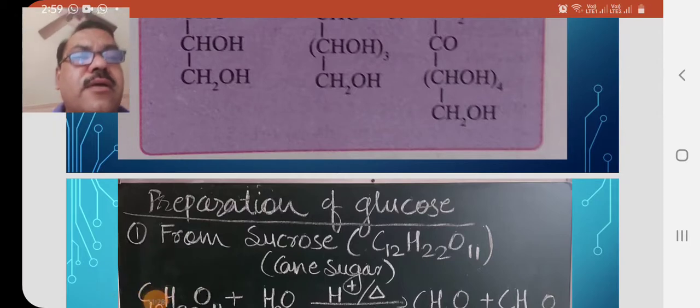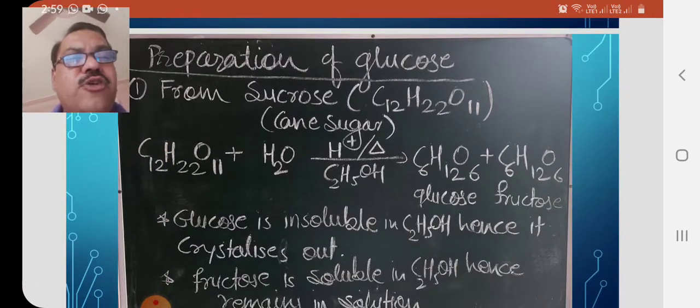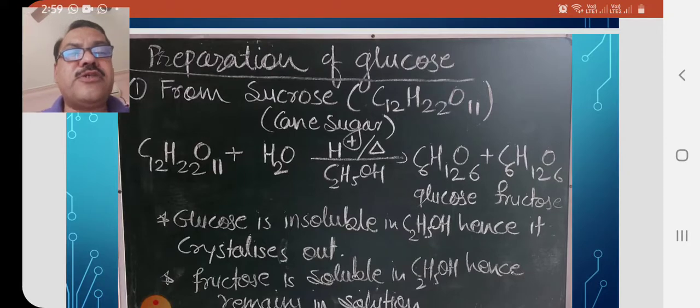Now let us study the important part, that is preparation of glucose. Many times the question has been asked, explain the laboratory method of the preparation of glucose. So in the laboratory, glucose is prepared from sucrose or cane sugar. Cane sugar or sucrose has a formula C12H22O11. When cane sugar is